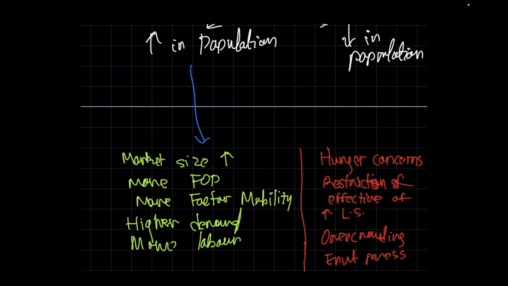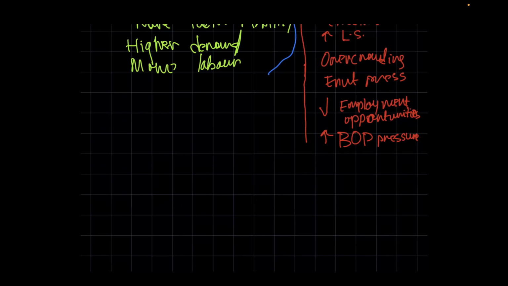Now let us look at a second scenario. Let's look at an aging population and its effects. So we need to look at some of the effects of an aging population. Firstly, you have a rise in something called the dependency ratio. Now let me quickly explain what this means. A dependency ratio is essentially,